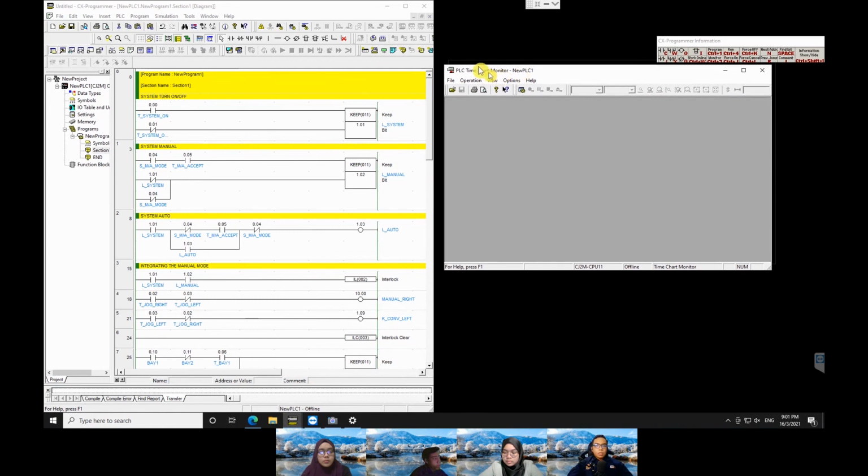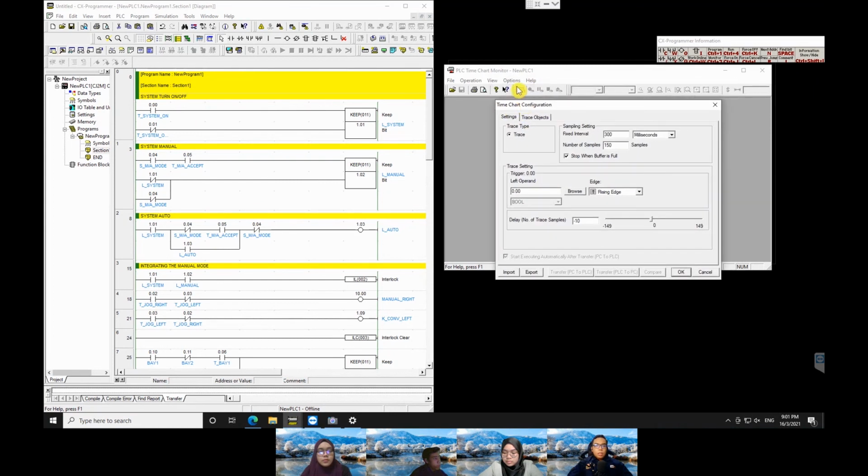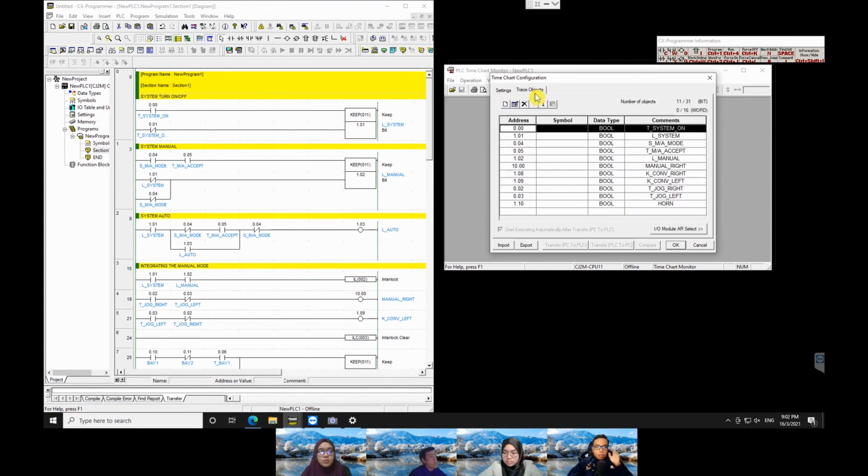At this workspace, you must change the configuration. You click and then change the fixed interval to 300 and the number of samples to 150, and after that you must change the test object. At this test object you must include the input and output. Now I want to produce the timing diagram for